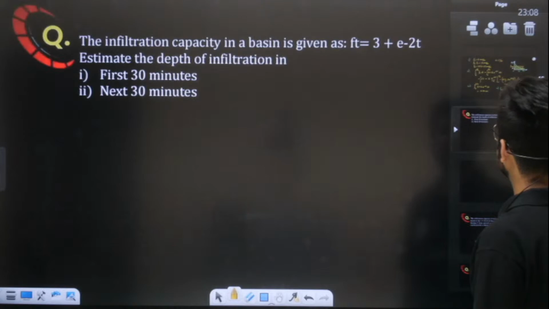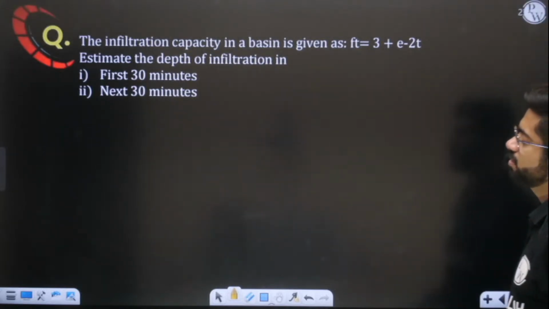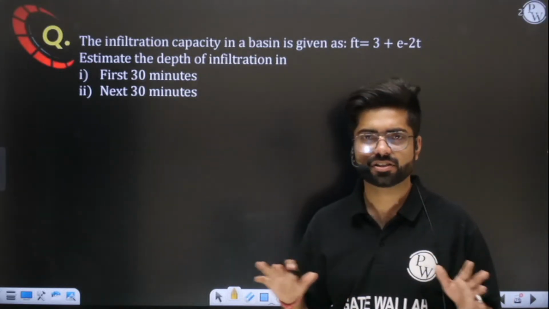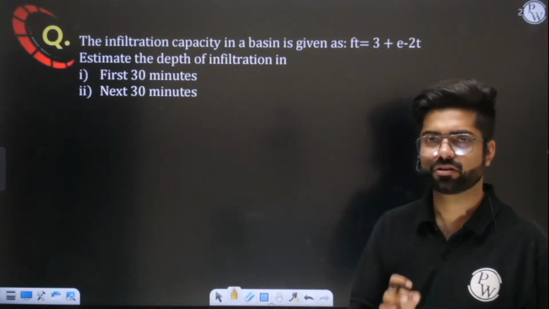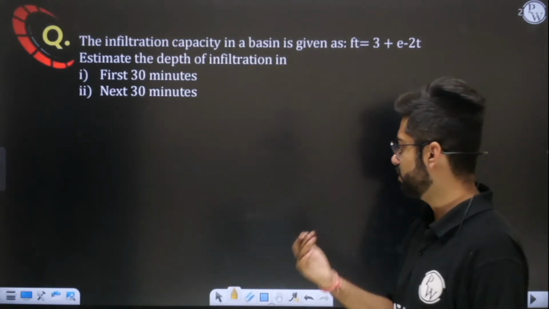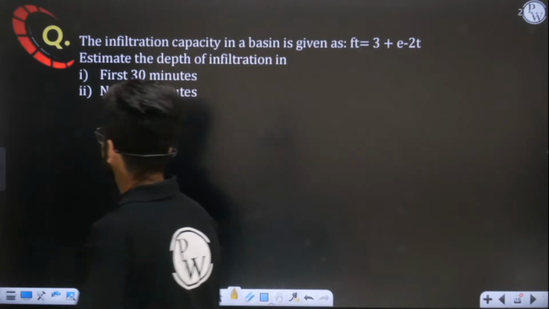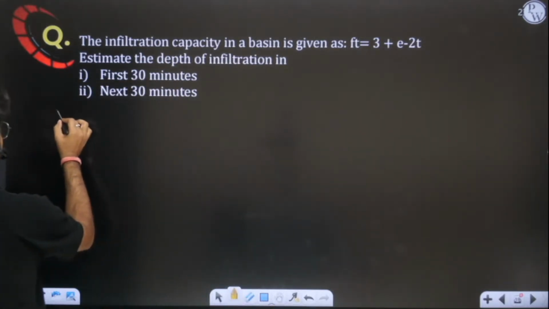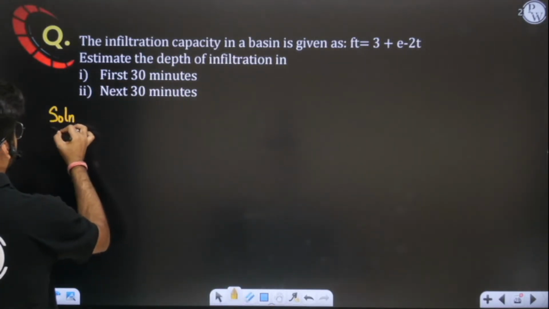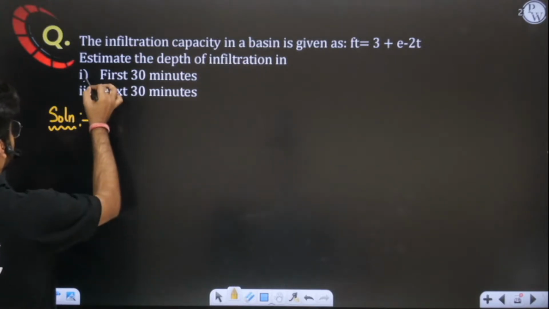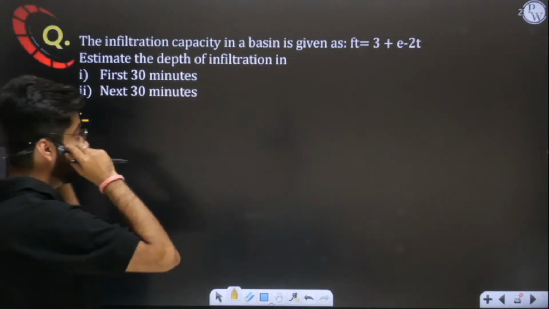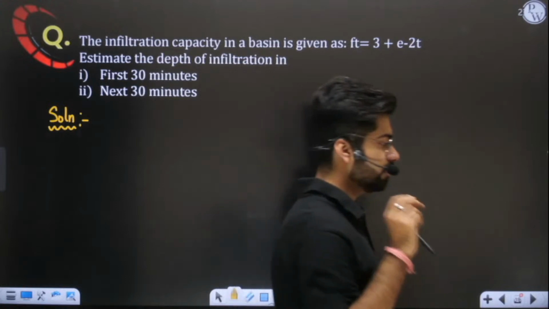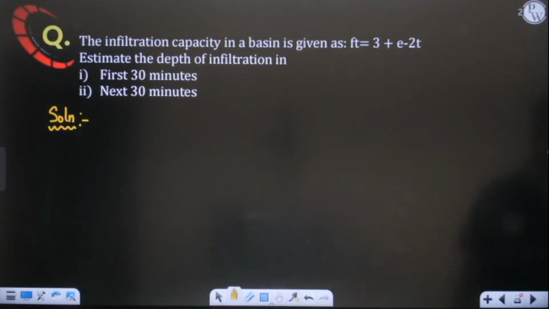Now we have one more question like this. Let us see if you are able to solve it. Imagine this is your GATE examination and you have to answer these two parts. Quickly solve it, because we have just now solved the entire concept. Let me see if you are able to solve both these parts. I am giving you 2 minutes time. Give me the answer quickly.